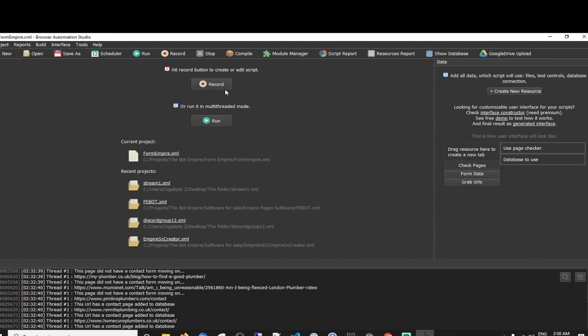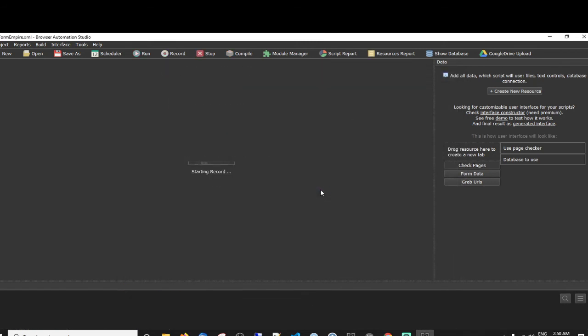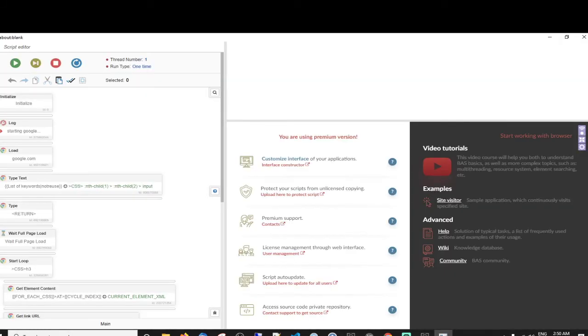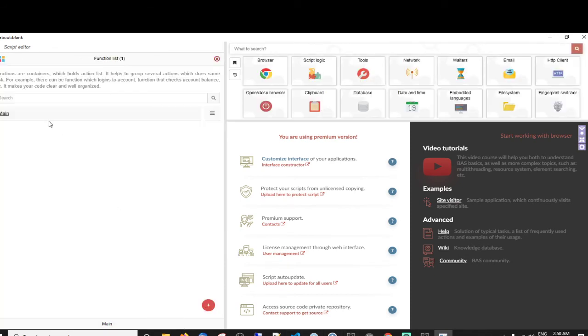Database to use. So now let's go to record, and then we're going to create a function so that we can separate this. So you can see how functions work. If you don't know, then you can get to know. All this is good, but I'm going to create a function.